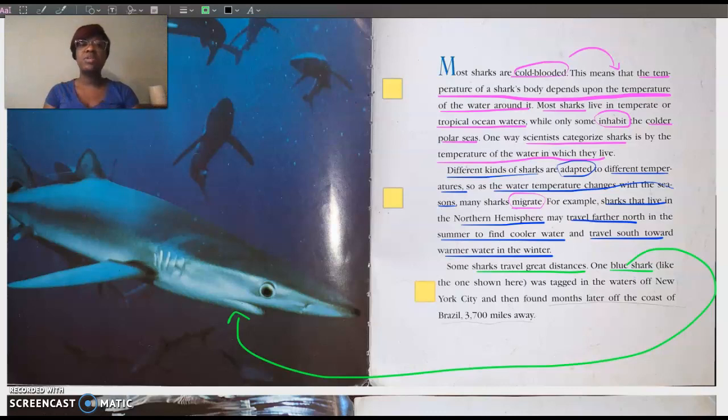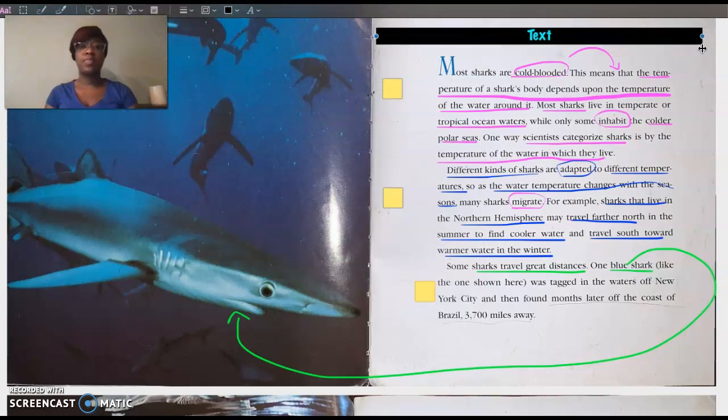So let's think of a title for this section. Okay, I'm going to give you about a minute. Think of a good title for this section. Okay. I have a good one in my mind. Let's see if we all agree. Give you about a minute.